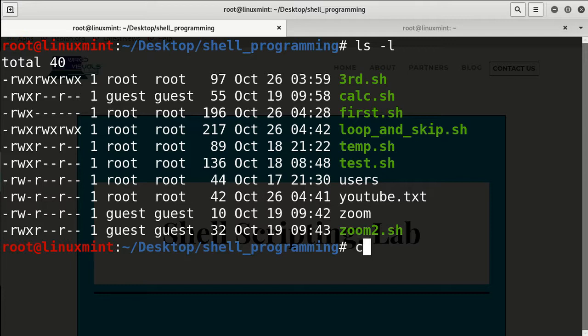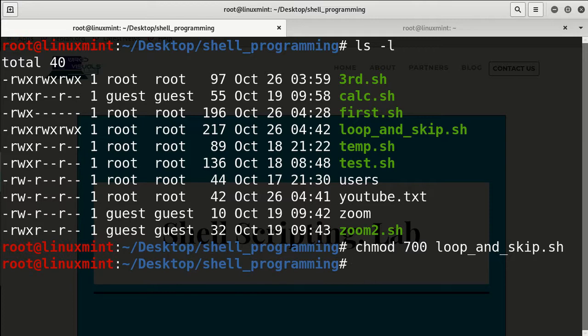So this will be chmod, and then 7 for the owner, and then for the group nothing, and for everyone else nothing. And this one we want for the loop, right?